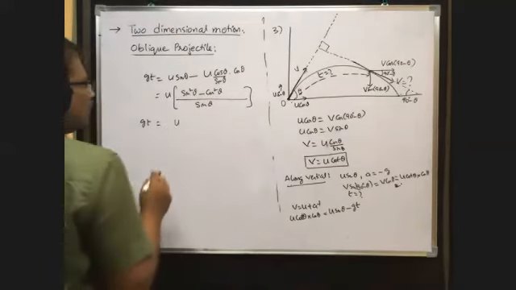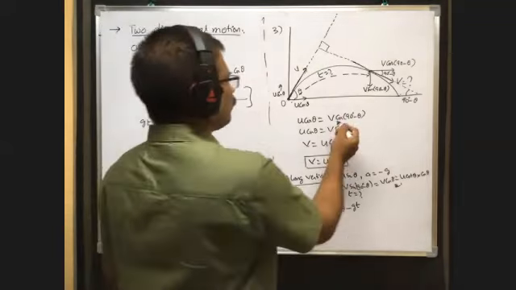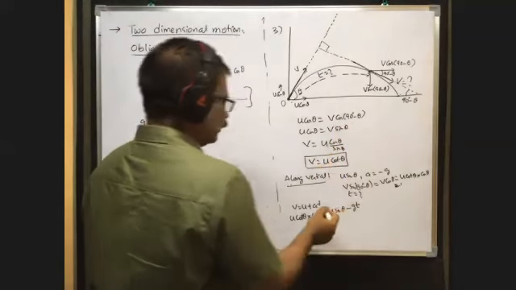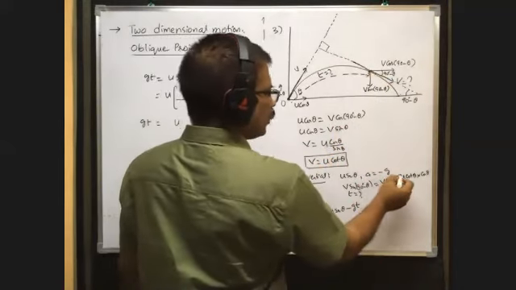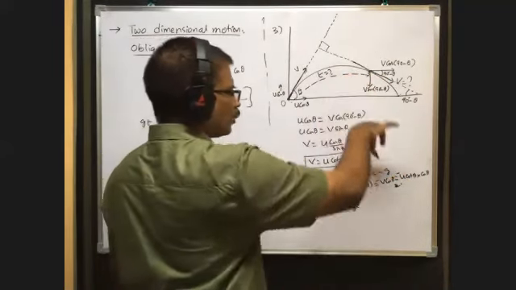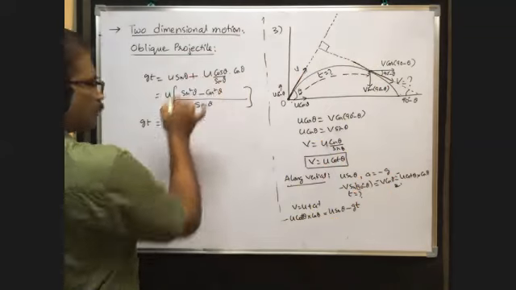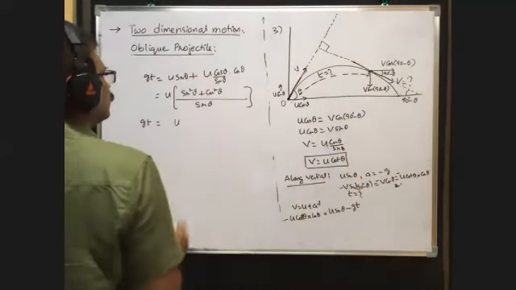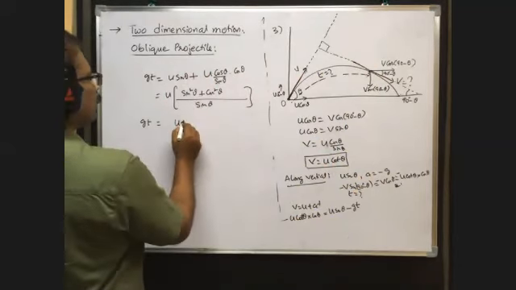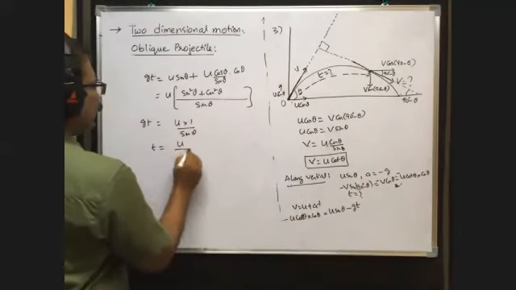Is it correct? You see, sorry, here what is the direction of this velocity v? It is in downwards direction, no, we have put minus sign. Initial velocity u sin theta is upwards, v sin theta is downwards. That's why you have put minus sign. When you write minus, it becomes plus. Therefore, sin square theta plus cos square theta is equal to 1 by sin theta. Therefore, t is equal to u by g sin theta.